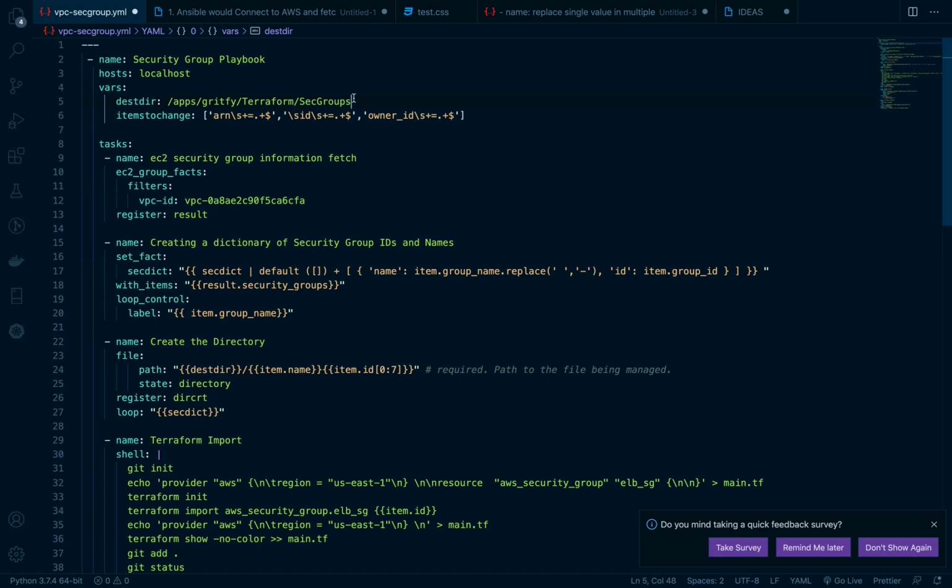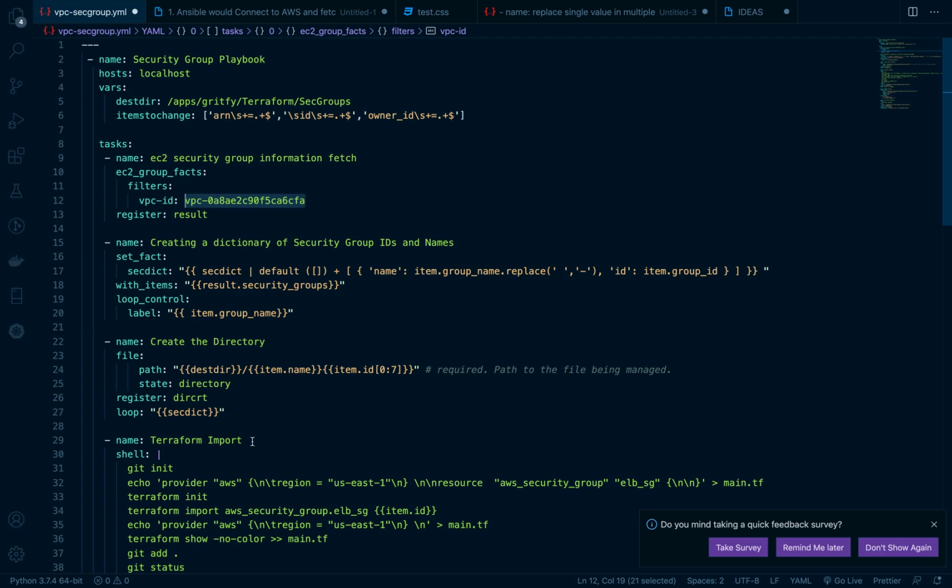If you want it to be in temp or in your home directory or anywhere else, make sure you update it. This is a path I am taking from my local machine. The second thing that you have to update before executing this playbook is your VPC ID, if you are going with a VPC.